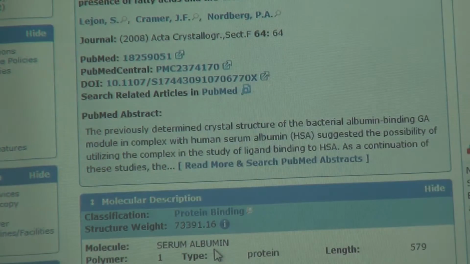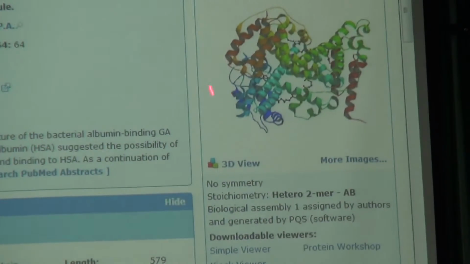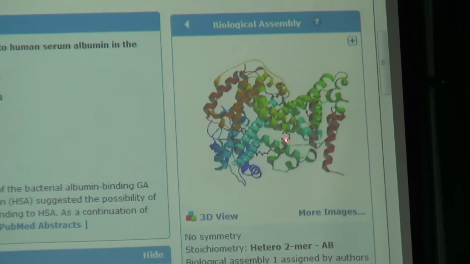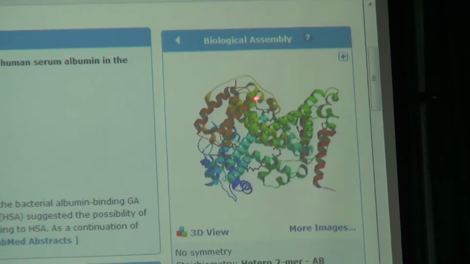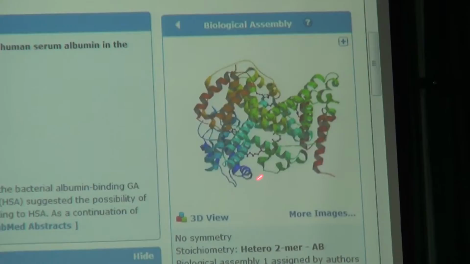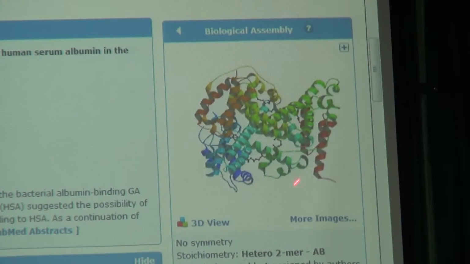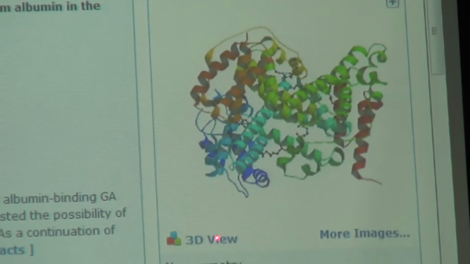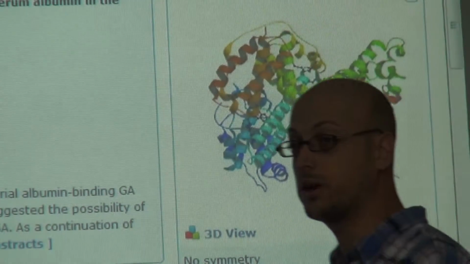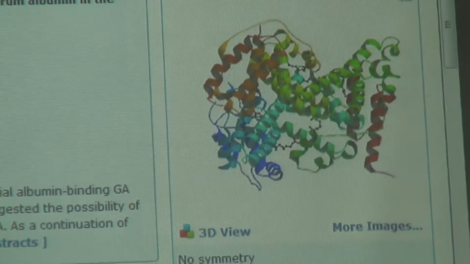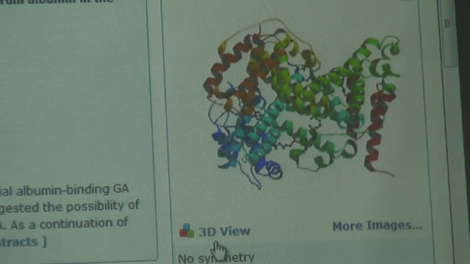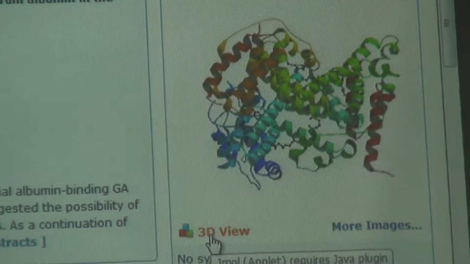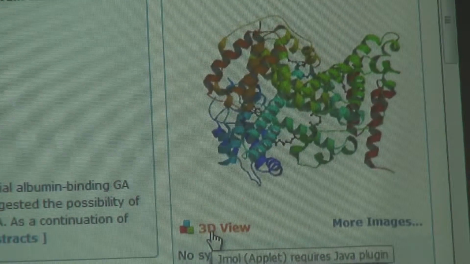But what's really nice about PDB is that it actually shows you the molecule. Okay? So you can see the molecule, what it looks like. And if you see here, you have the 3D view. So you can look at pictures, or you can have the three-dimensional view. If you click right here,